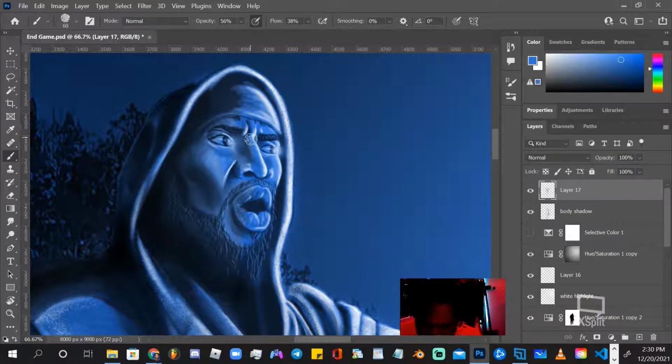But we do want to give it a little pitch to the skin. Try the difference here.